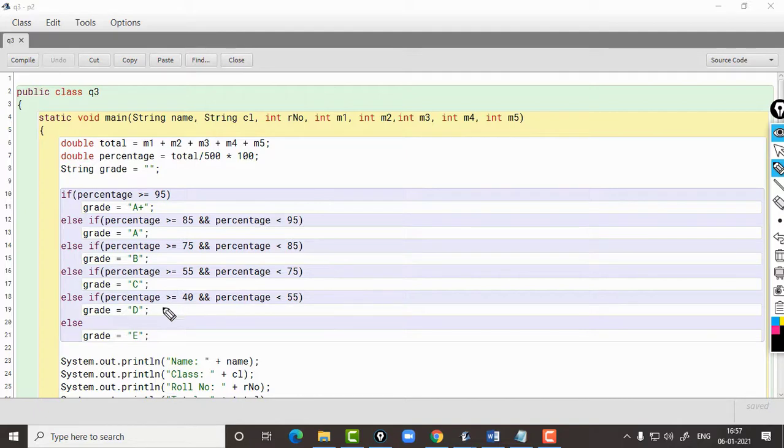But even if you do check if percentage is less than 40, if you want, you can do it like this also, it is not an issue, that is also fine.